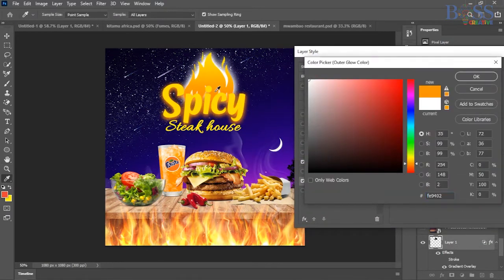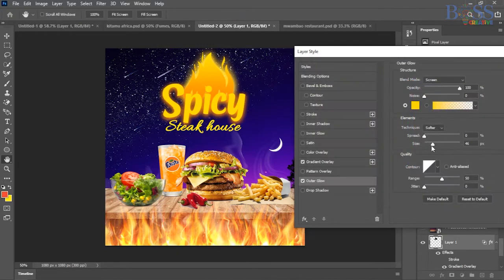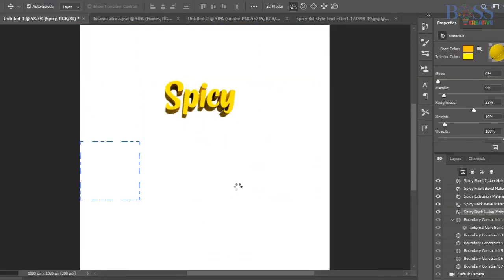kwenye blending option by double clicking the layers. Then nika add outer glow, and finally hiko ndio kitu nichoweza kukipata. So that was so easy and simple. Not everything is a template, but